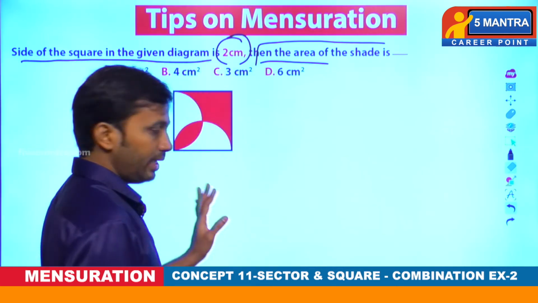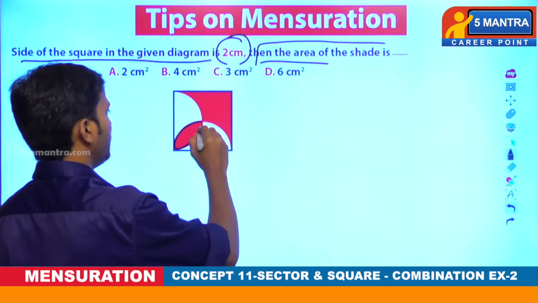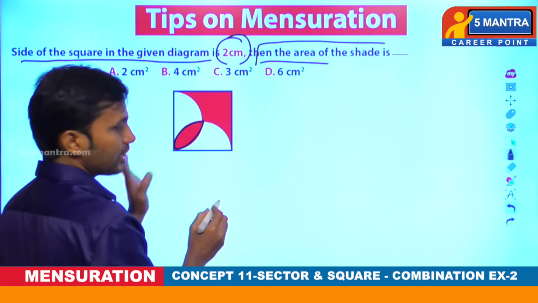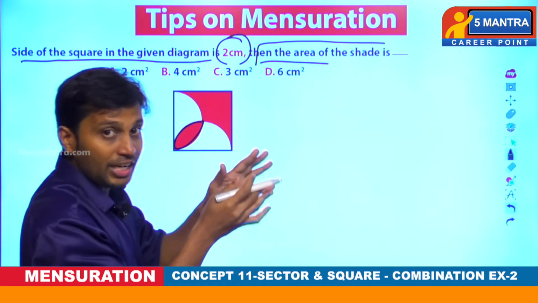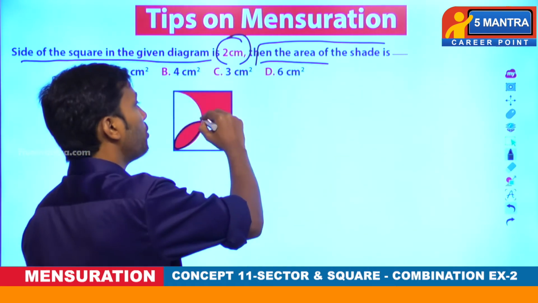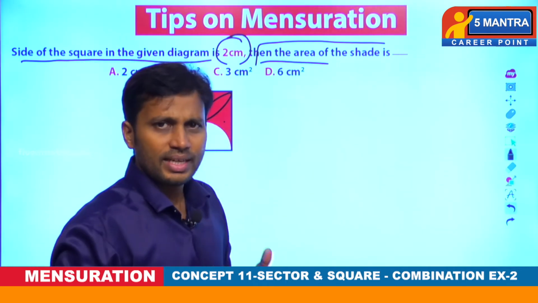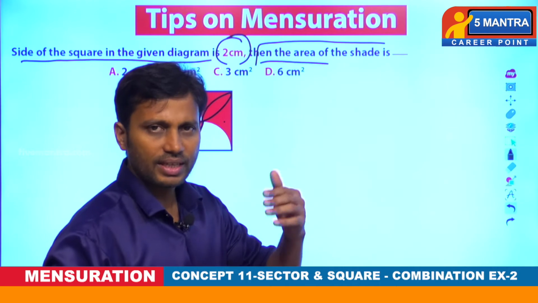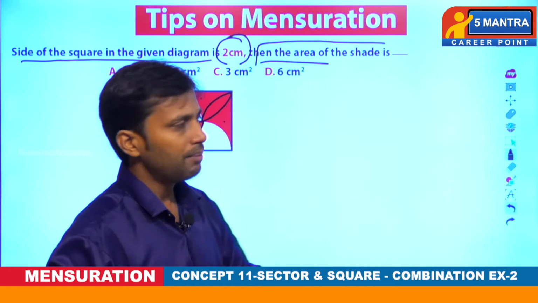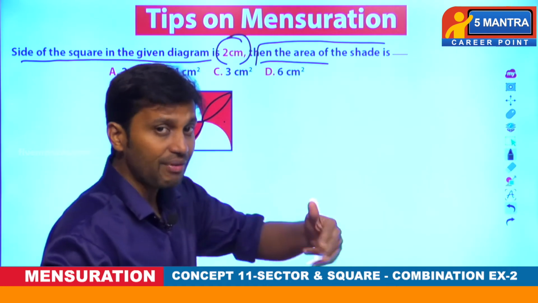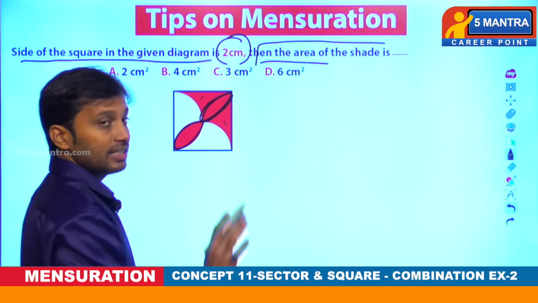So finally my explanation is about what? Each petal area is 1 by 7 a square. This is one petal, that's okay. But this remaining area is a gap. Actually there should be one more petal in this gap and two shades. Whether the semicircles are drawn or not, it's not a matter. This area is equivalent to one more petal and two more gaps. Is that right or not?